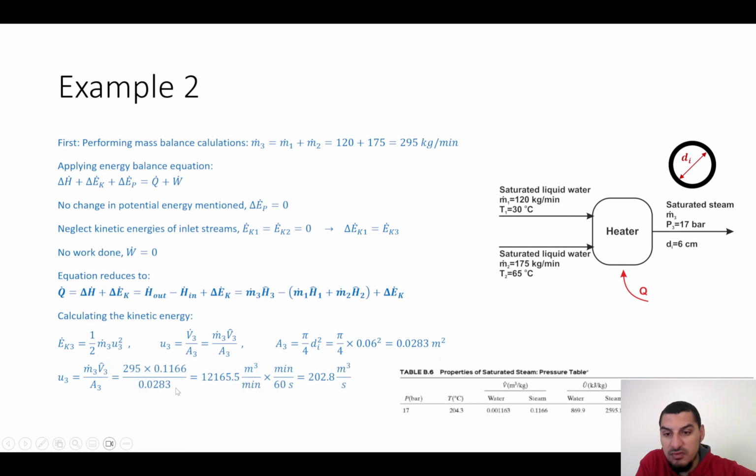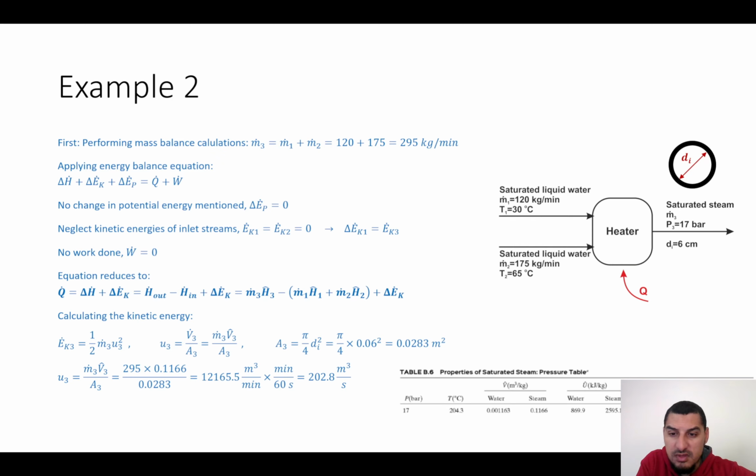Again, the specific volume is 0.1166, which is this number. And we know the area from the previous step, and we know the mass flow rate, so everything would be calculated here. It's going to be in meter cubes per minute, and we can multiply by 1/60 to convert this into meter cubes per second. So now we know the volumetric flow rate. Now we can take this value, substitute here to get the